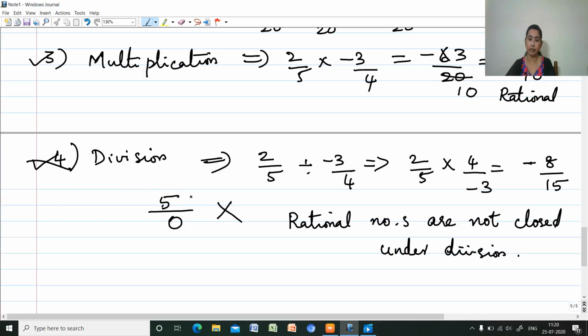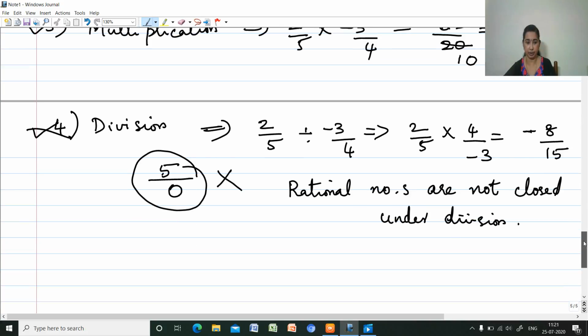And that is only under this, if I'm taking that 0 only, that problem comes. Otherwise, any two rational numbers, if one is dividing the other, I will get another rational number itself. But we are saying that it is not closed under division because 0 is also an integer. So if I'm dividing two rational numbers, 5 by 0 also we have to discuss. That is why I took this number, which is not in the set of rational numbers itself. Hence, we can say that it is not closed under division. So, this is about the closure property of rational numbers.